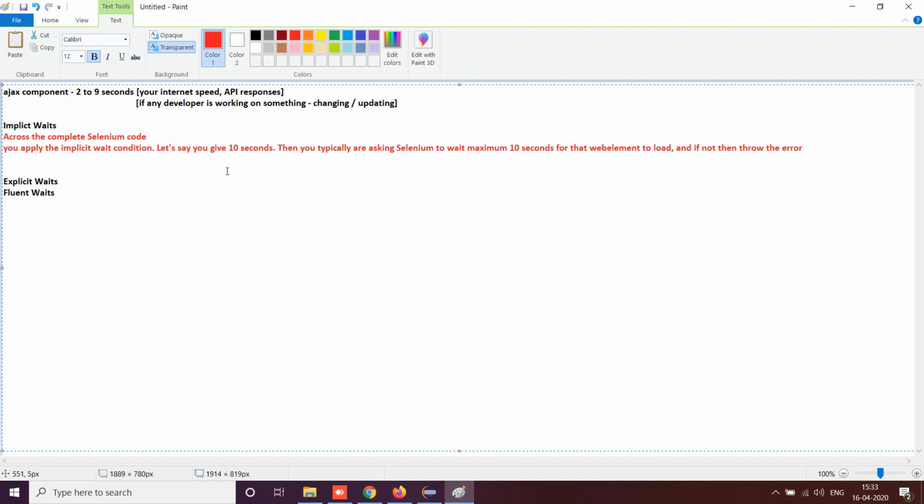So for each and every web element, Selenium will wait for 10 seconds. That is the power of implicit wait. It acts for the whole code.